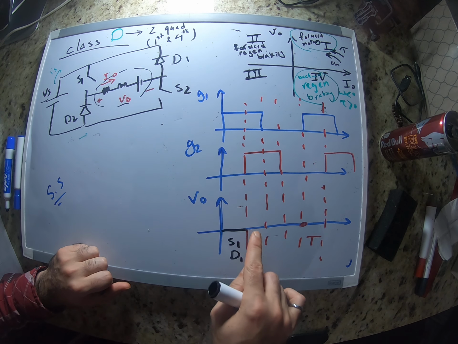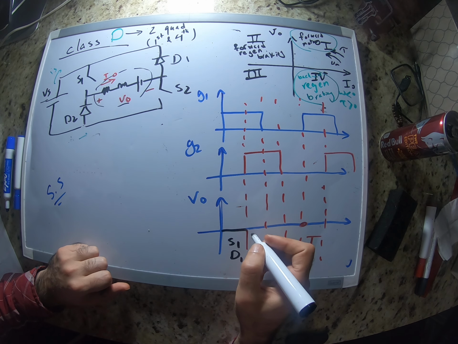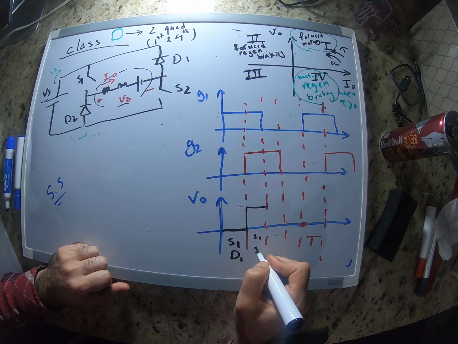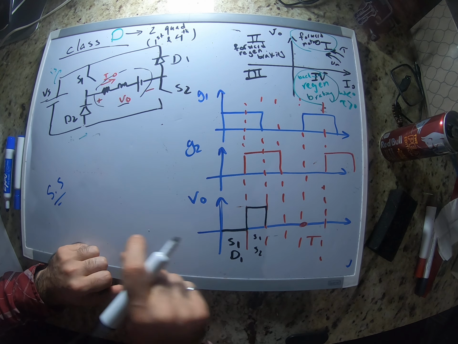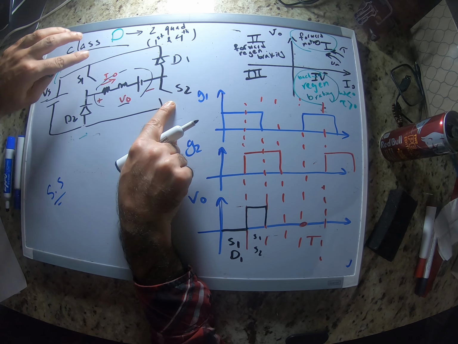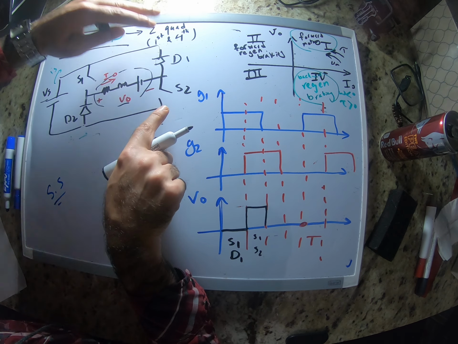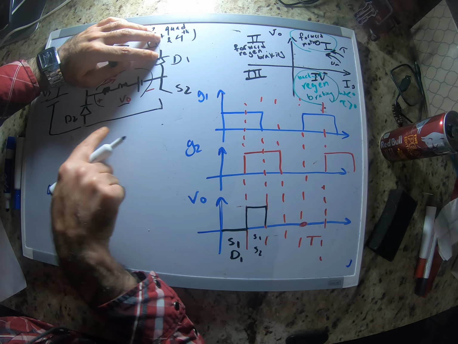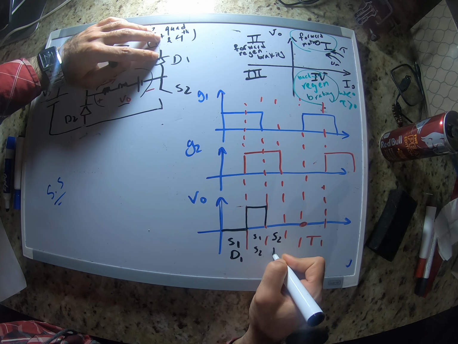Then we would have switch 1 and switch 2 working at the same time, right? So then output voltage is going to be Vs. So here switch 1 and switch 2. Okay. Then we still have switch 2 closed, but switch 1 is open. So we have some current going through here. It can't go through switch 1. It can't go through D1. It's just going to close itself through D2. So in this case, we would have switch 2 and D2